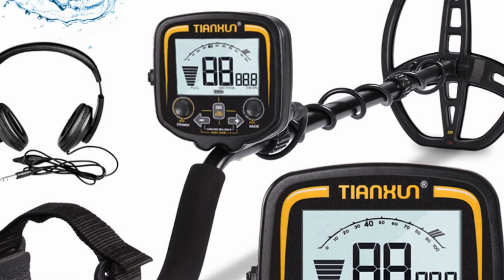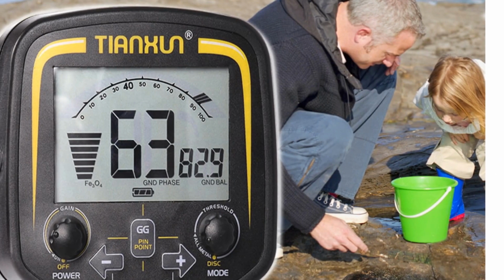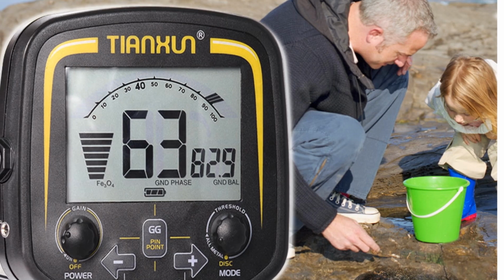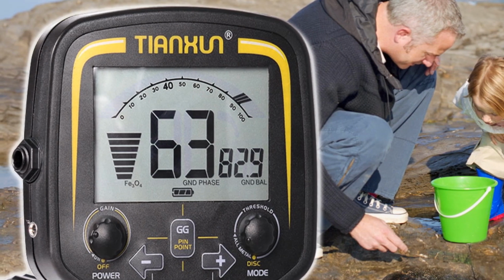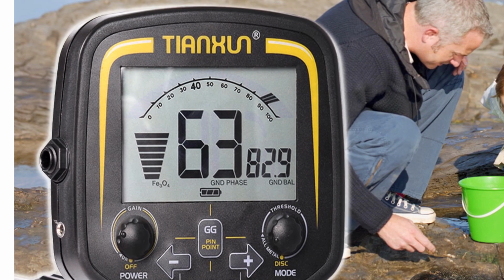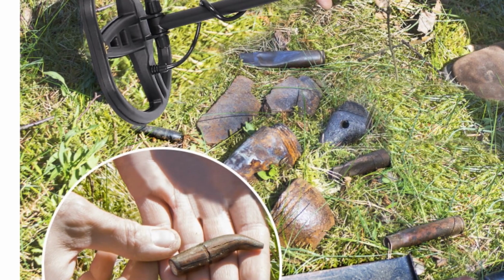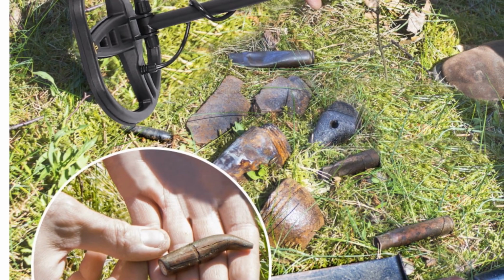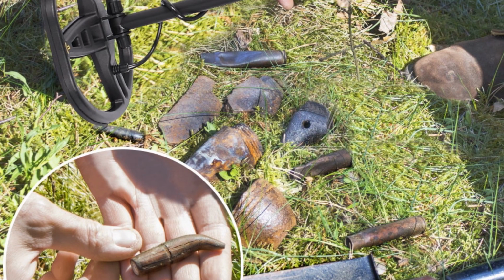You can fine-tune the settings to optimize performance based on your specific needs. The earphone jack and volume and sensitivity adjustment features further enhance your detecting experience, allowing you to customize the detector to your preferences. The ground balance range of the TEX 850 is truly impressive. From ferrite to salt water, this metal detector offers exceptional ground balance capabilities, reducing interference from mineralization and ensuring accurate